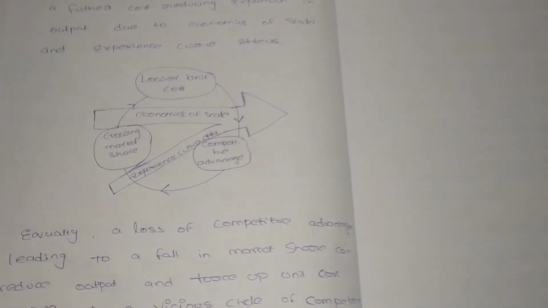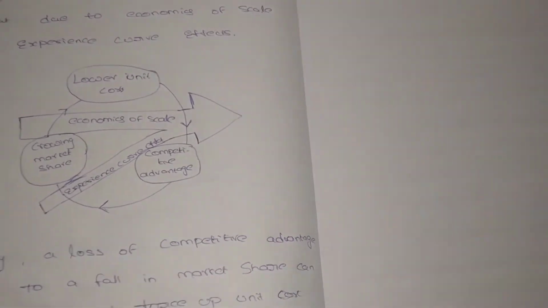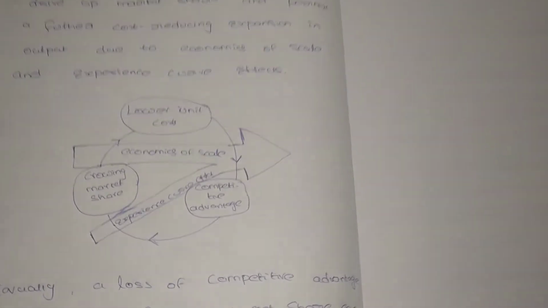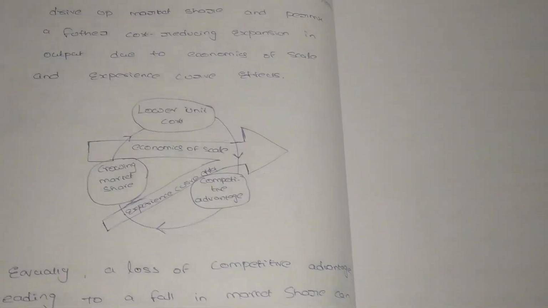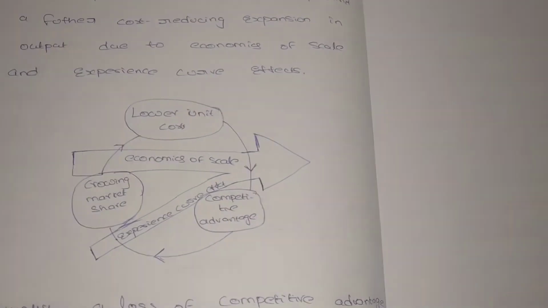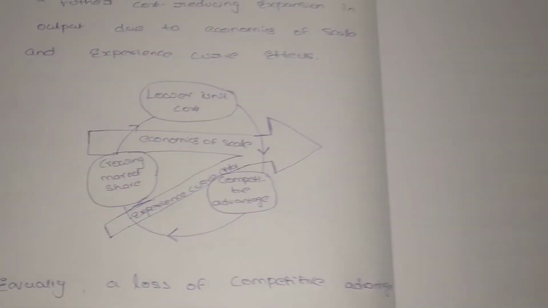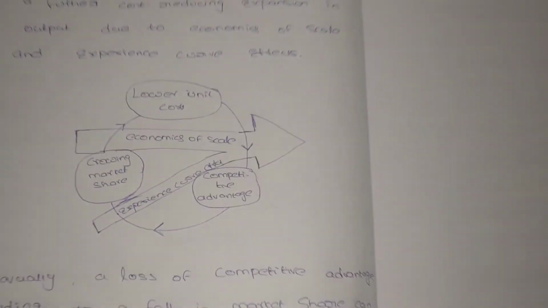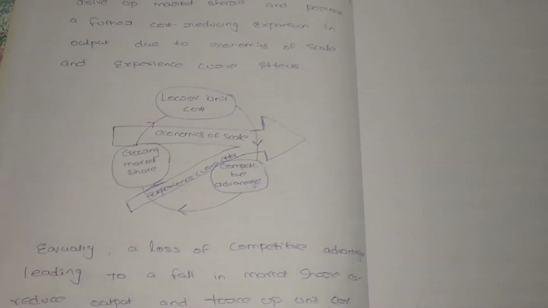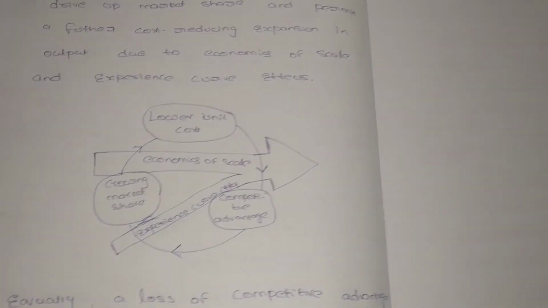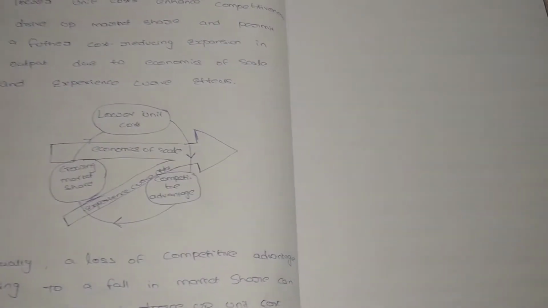Here the competitiveness will decline, our cost of production will increase, then our output will decrease. So output and competitive advantage are mainly based on the lower unit cost. Getting a very low unit cost depends completely on our production: by using which inputs, our technology and all the factors, we can produce at a very low cost. Then only can we gain market share and enjoy the competitive advantage. This way the experience curve is very useful for deciding whether we want to produce the goods or not. This is all about the experience curve.